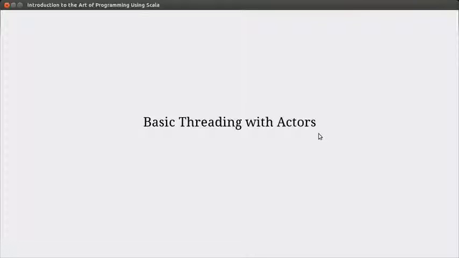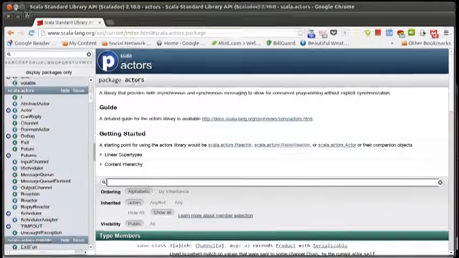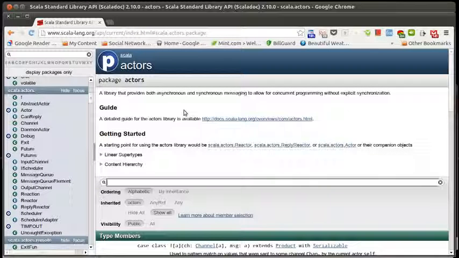We're not actually going to use actors in the way that they're supposed to be used. We're going to look at them at this point just as a simple way of starting processes up in threads. There's a later chapter in the book, and so several playlists from now in the videos we'll look at actors and the actual actor implementation and how you can use the actor model of parallelism. But for now, all we're going to do is look at them as a way of spawning threads in a more Scala-like manner. So there is a scala.actors package,